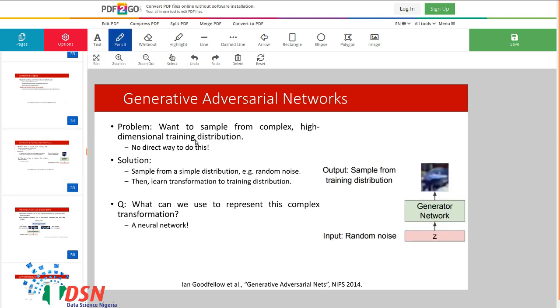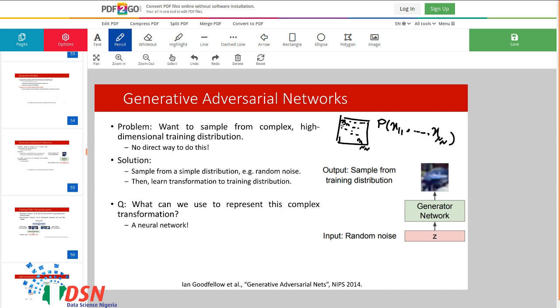In fact, the problem that we want to solve is that we want to sample from a high dimensional distribution. Each image, let's say, has some pixels, and if we call them x1 to xn, then we have the joint distribution.